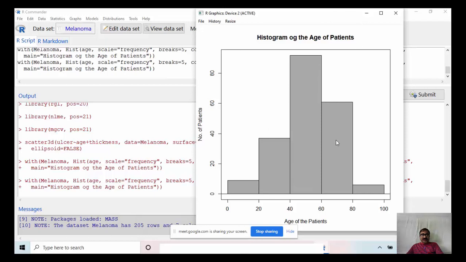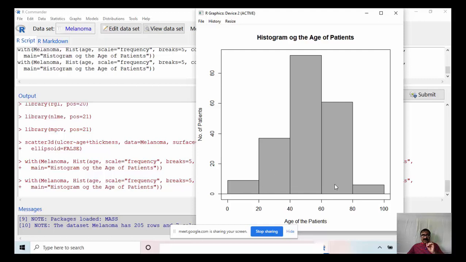So in this way, you can create a graph. You can change x-axis label, y-axis label. I have selected 5 bins, so it gives 1, 2, 3, 4, 5 bins. So that means to draw a histogram in SPSS, you have to follow so many steps, but here it is very simple.